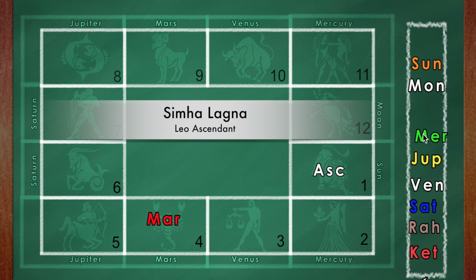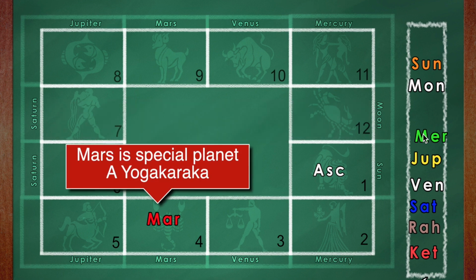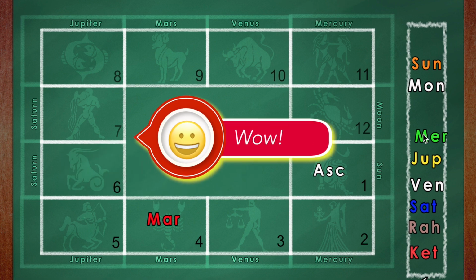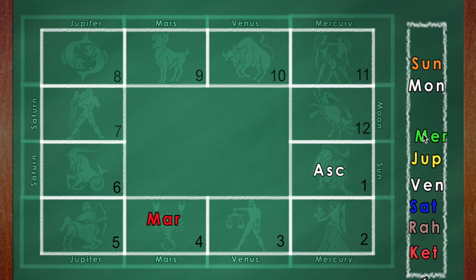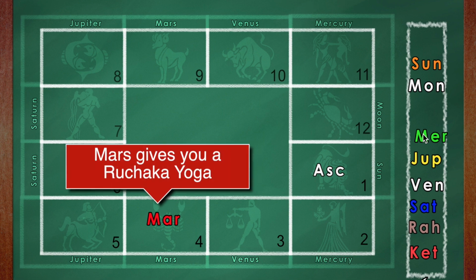This Mars is going to do extremely well because Mars is in its own sign, and for a Leo ascendant, as in this case, Simha Lagna people, Mars is the best of all planets. To have the Yoga Karaka Mars sitting in its own house, and that too in the fourth house, which is a Kendra, is definitely an extraordinary advantage. And not only that, this Mars gives rise to a very famous yoga called Ruchaka Yoga, a Pancha Mahapurusha Yoga with lots of plus points.